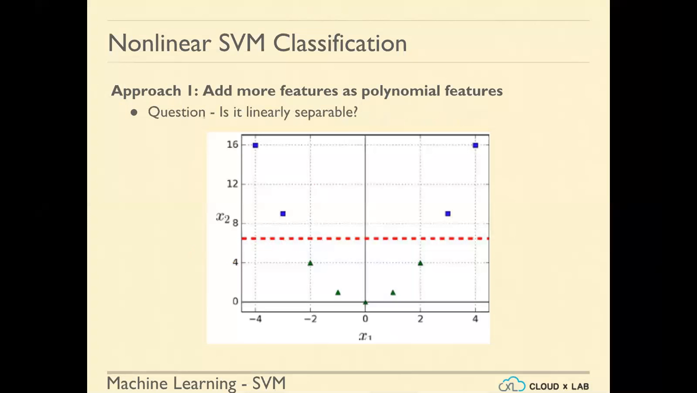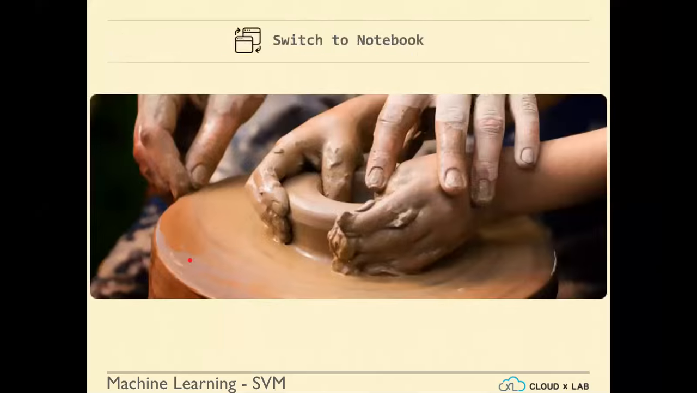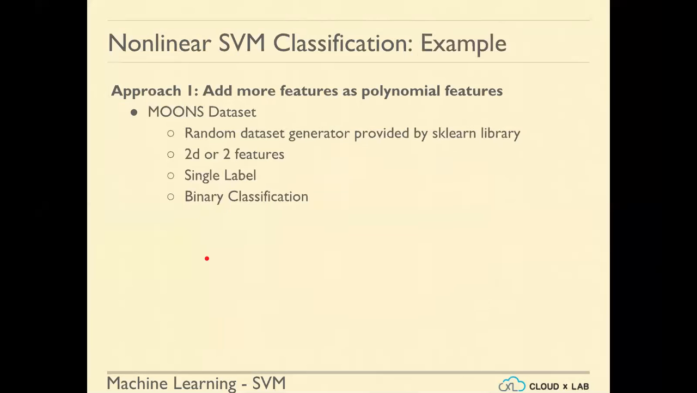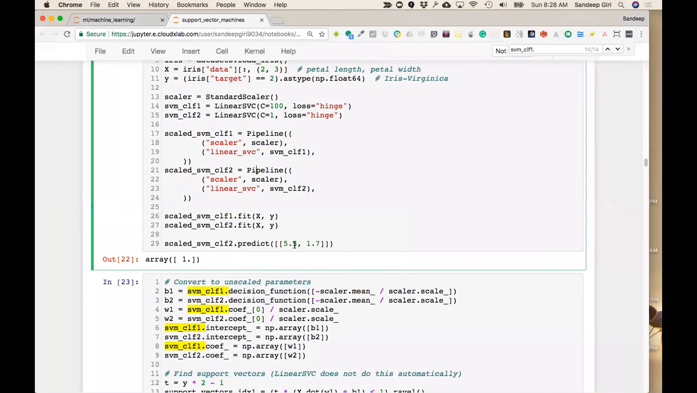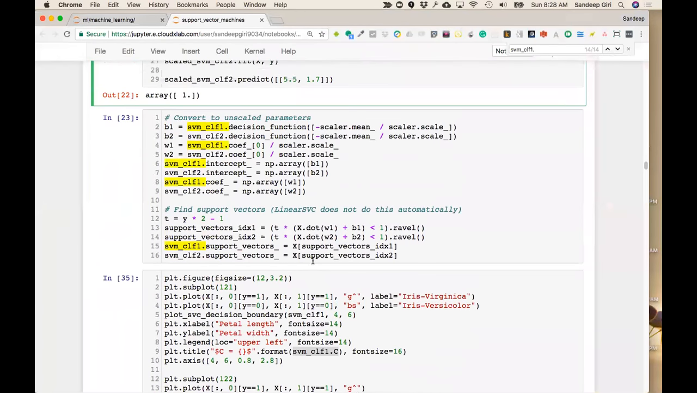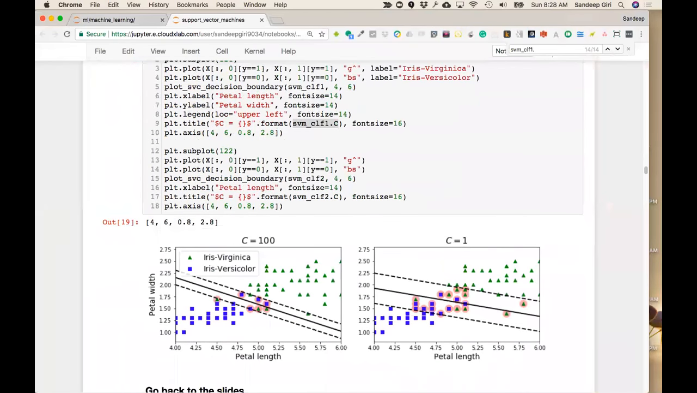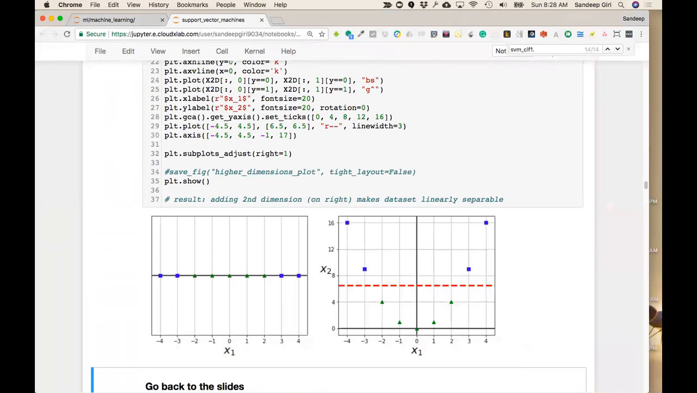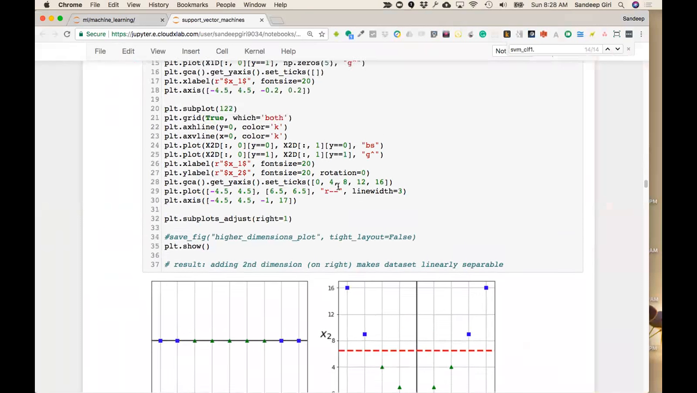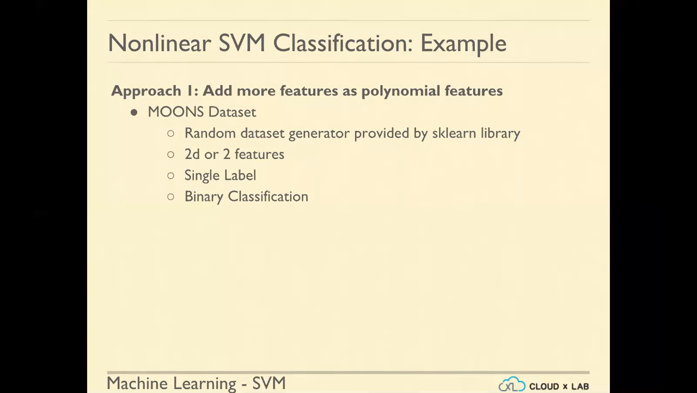Quickly, is it linearly separable now? Right. So this is what we have done in this diagram. Try doing that. Now the question is,